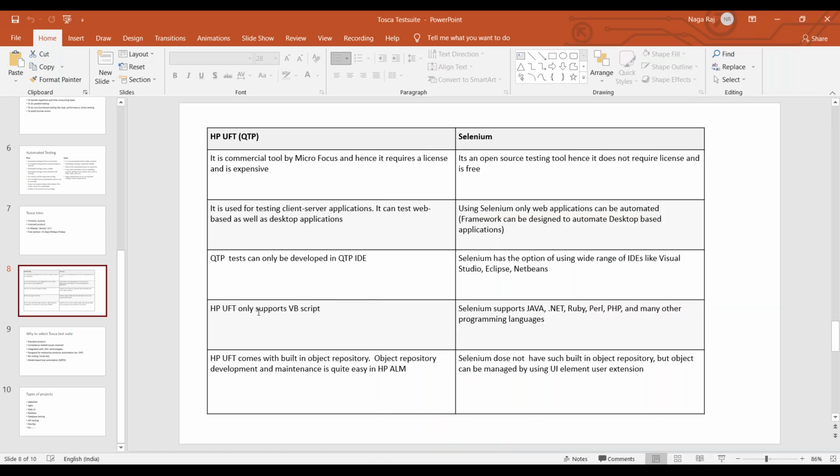HP UFT only supports VB scripting. So whenever we develop any script in UFT, we should have knowledge of VB scripting. And coming to Selenium, we should have minimum knowledge of Java, .NET or Ruby, Perl, PHP, and many other programming languages like Python also. At least we should have knowledge of these programming or scripting languages.